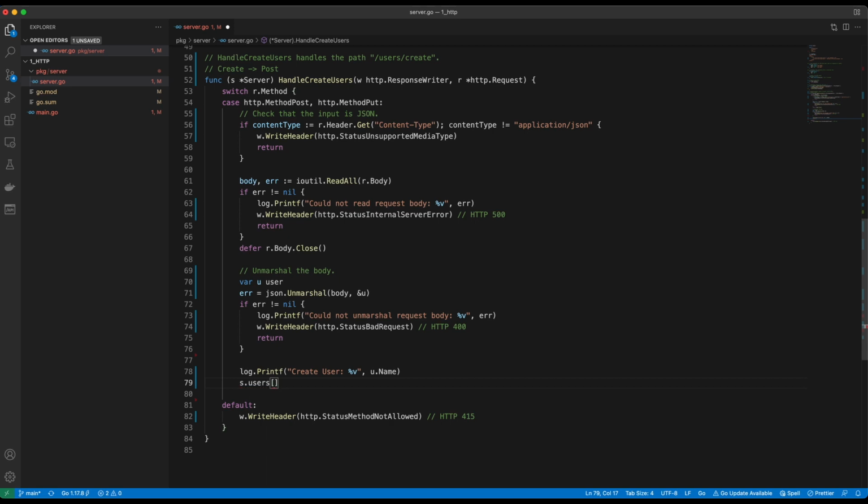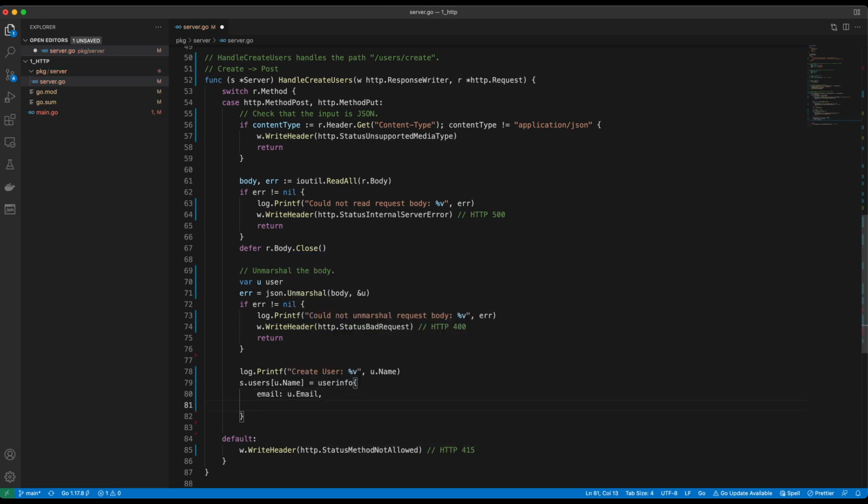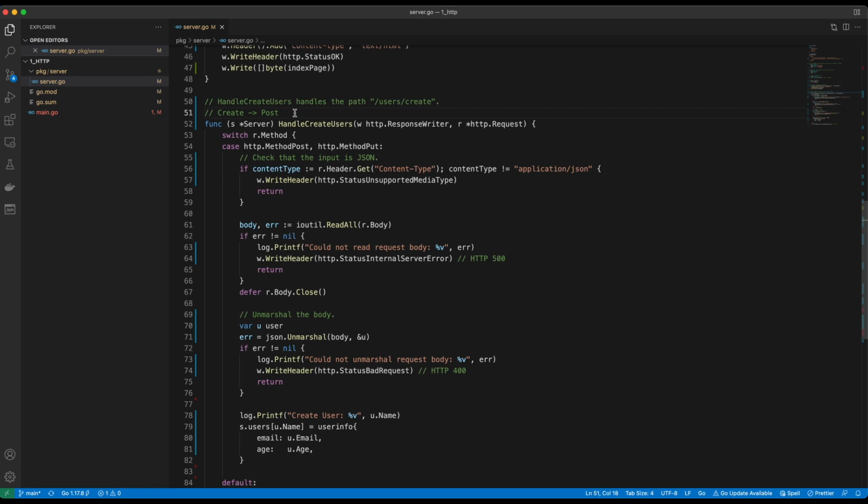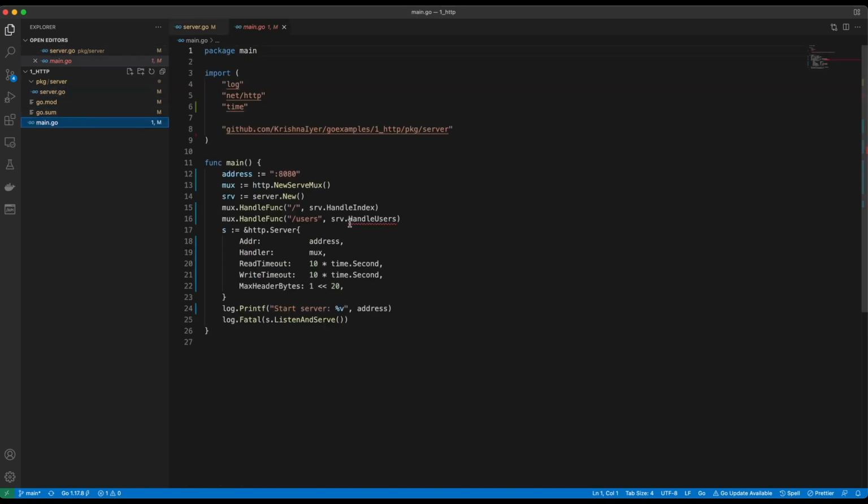And at this point, you would actually write something to a database. Since we are simulating this, we're just going to add this value to our map. And we are going to just fill these values in our map so that this map contains the key, which is the username, and the value would be the information that we provided as the JSON input. And I'm just going to copy paste these values directly from the request that has been unmarshaled. And voila, so you have a simple create method. Now when you use this create command, either via post or put,